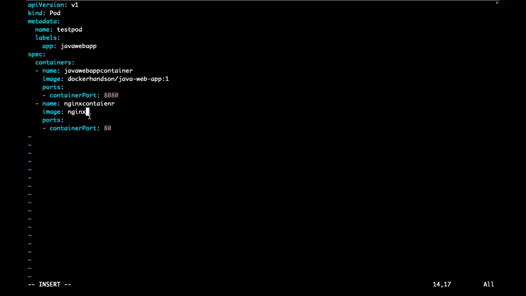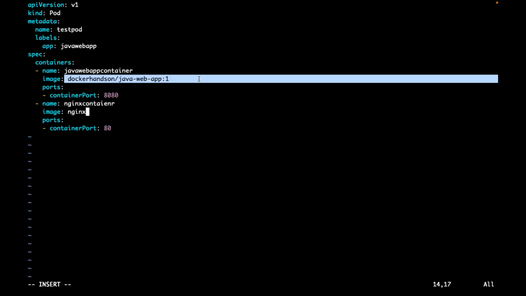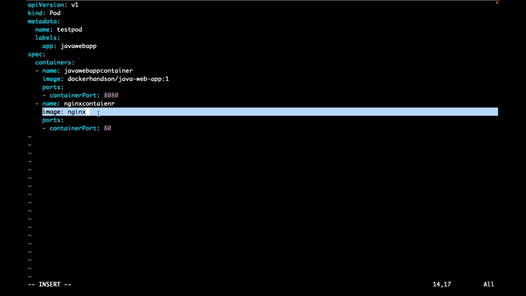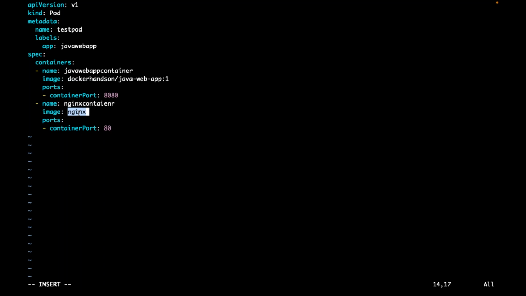As I already told, can I have multiple containers? If let's say this image is also running on 8080, does it allow? Can we have multiple containers in the same pod if the container port is the same? No. But this is different software, Nginx. On which port will that Nginx software run? 80. In this image, we have Tomcat software. On which port will that container run? Tomcat runs on 8080. Now, if I create a pod, how many containers will that pod have, guys?